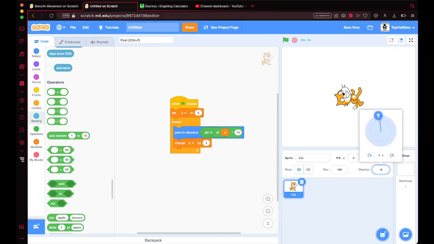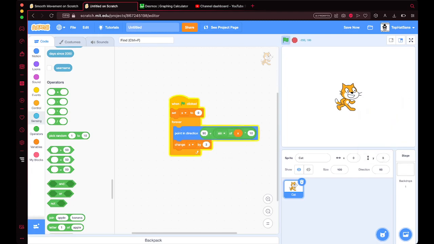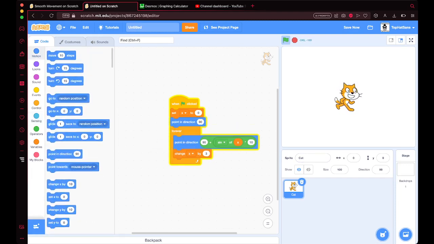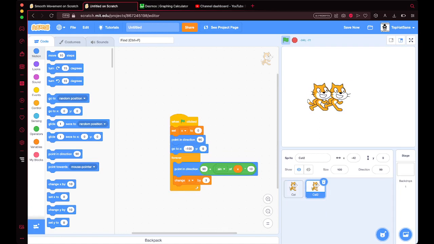But we don't want it to turn based around direction 0, we want to turn it like this. So we're going to add a 90 to this, the first one in operators. Add it, put it into point in direction, and now Scratch Cat is turning like this. If you want Scratch Cat to move up and down, we should probably have that. So I'm going to have Scratch Cat go to -100 so I can show. So Scratch Cat moving up and down,